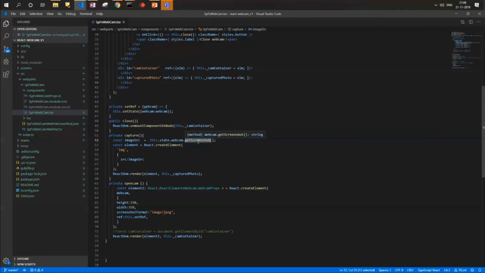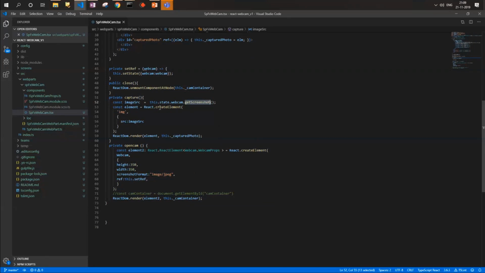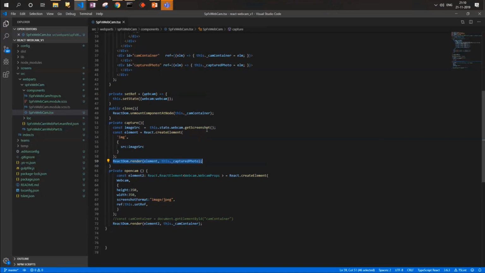This method returns the base64 encoded string of the captured image. Then I create a new image element, apply the source attribute of the image tag, and render it. So this is how the image gets displayed.